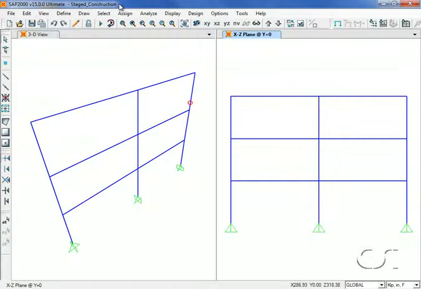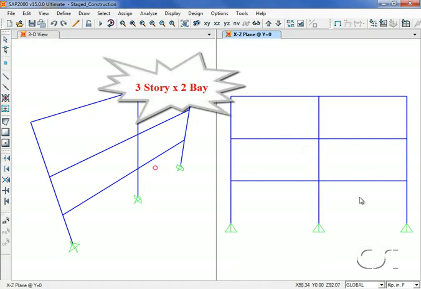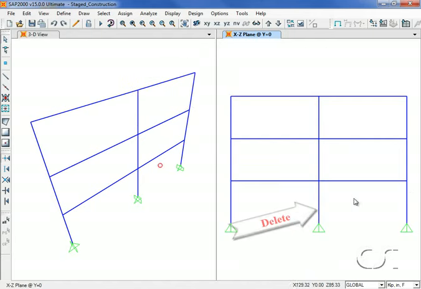This tutorial will show how easy it is to perform an analysis of stage construction using the nonlinear capabilities of SAP 2000. We start with a simple 3-story, 2-bay frame, where each story will represent a stage of construction. We will remove the center first floor column